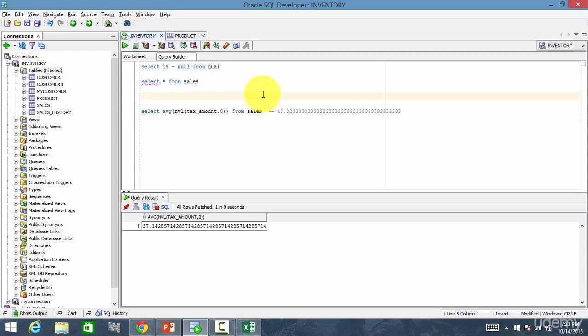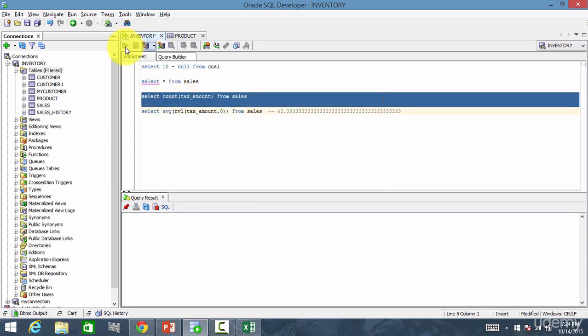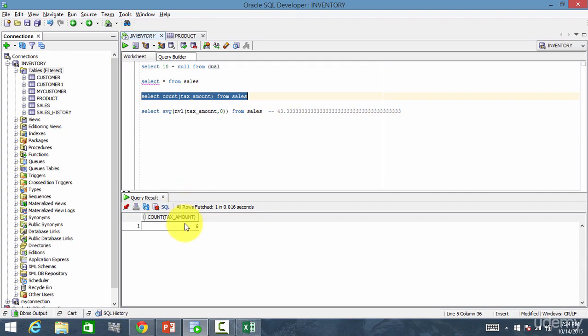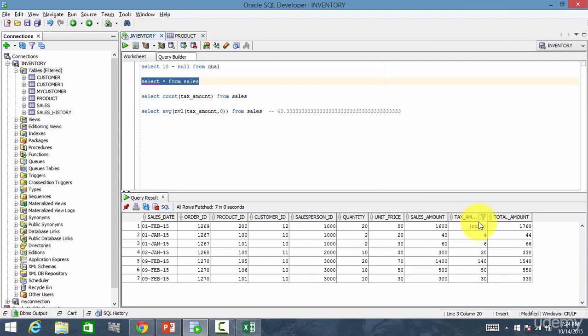Let's perform one more operation. Select count of tax amount from sales. What's the output? 6. But we have 7 rows. The output should have been 7. Why is it 6?